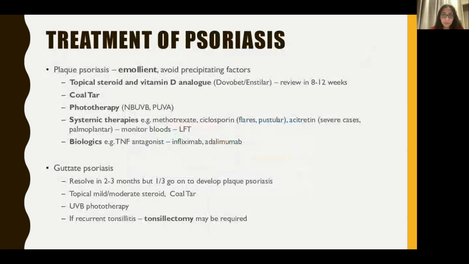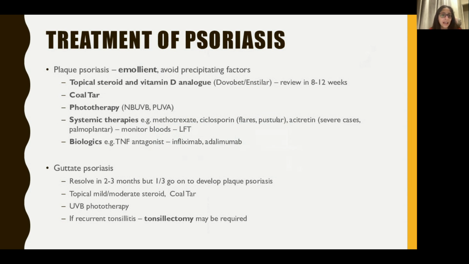So in terms of treatment of psoriasis, in terms of plaque psoriasis, topical steroid and vitamin D analogues like Enstilar is a common brand name that is used, is given, and then it would be reviewed in 8 to 12 weeks to assess if there's improvement. Other preparations that you can give is coal tar, which is also available over the counter. Phototherapy is also used for psoriasis,